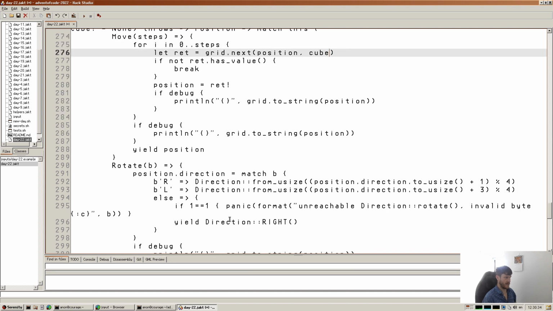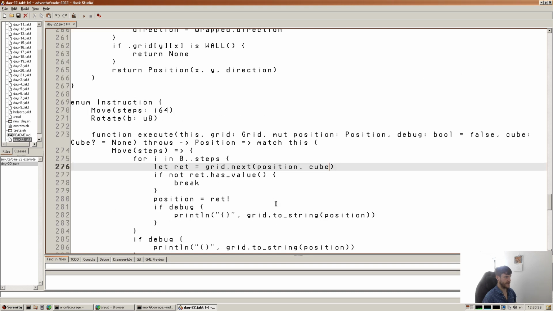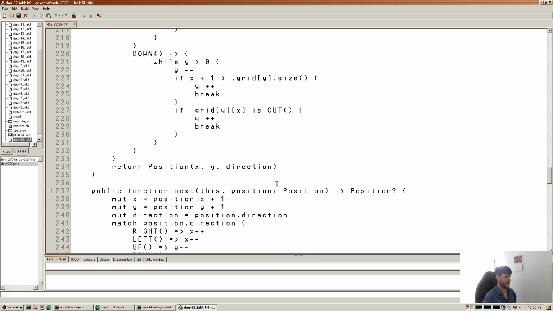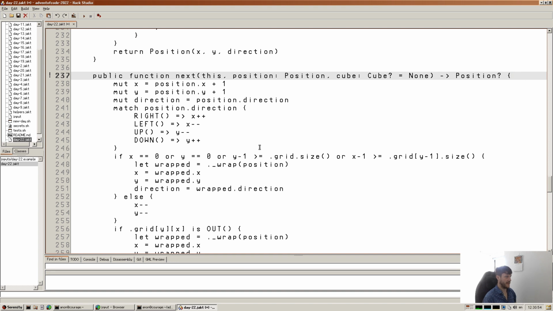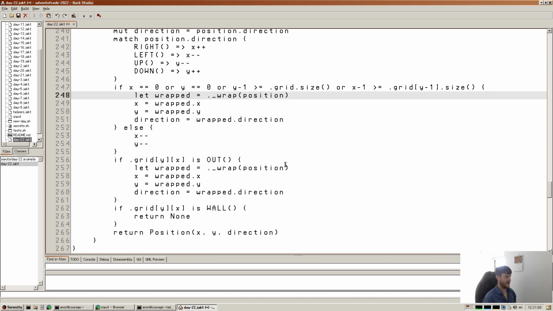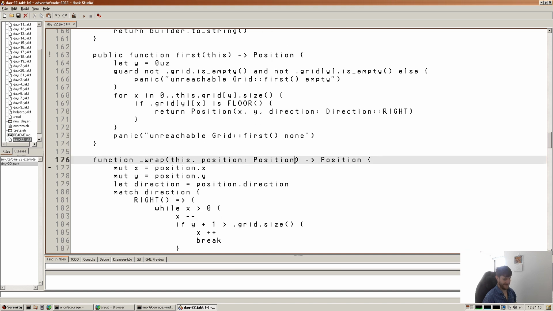And if we're rotating, we don't need to do anything. Yeah, and then in the next function, we would also pass in a cube, which is a cube, and it defaults to none. And here maybe we can just pass it to this wrapped function, and in the wrapped function we go